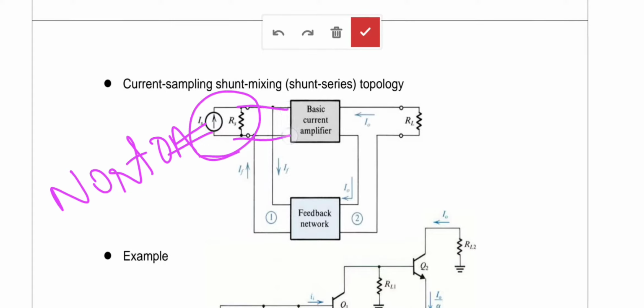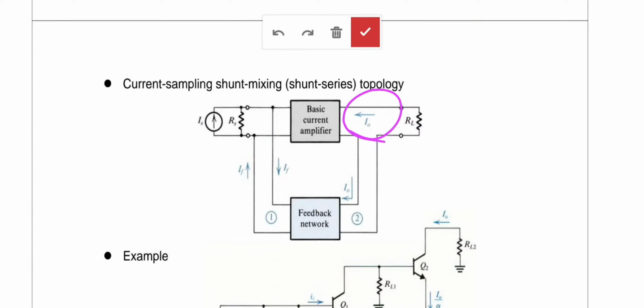So it's given to the basic amplifier. Then output is series connection, right? So like this circuit, load resistance RL. Output current IO is marked, input current is IS. This is given to the feedback network serially, IO. Here it is connected parallelly, IF. The direction is shown like this, IF. Okay, this is the circuit of shunt series topology.